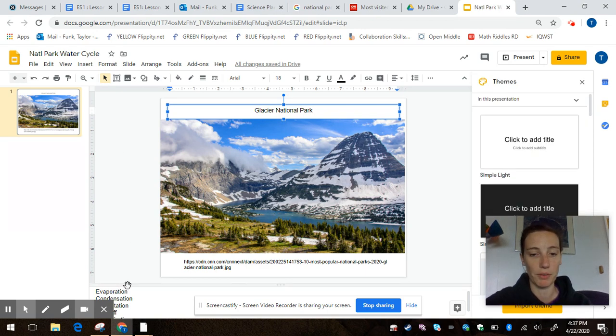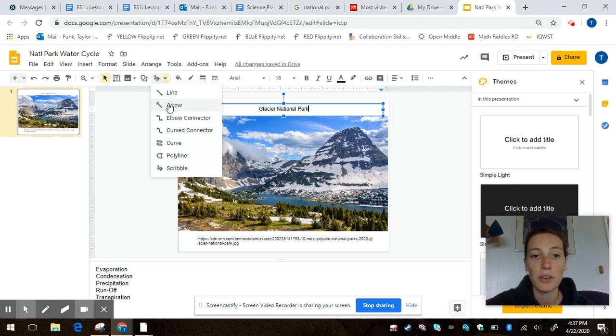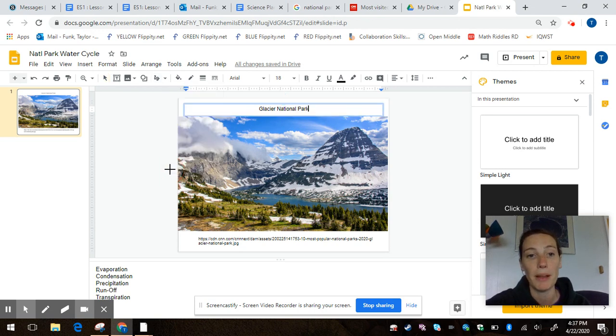So first of all, if you want to make this a little bit bigger, in the notes for the slide, I've put the 5 terms that you need to demonstrate, show that are there. And you can do this a couple of ways. You can use a line or an elbow or something like that. But honestly, I think the easiest way is just to click the scribble button. The scribble button lets you just sort of draw, kind of like auto draw. The only thing you're going to want to make sure you do is make the line a little bit thicker,